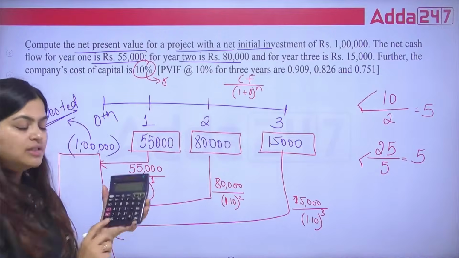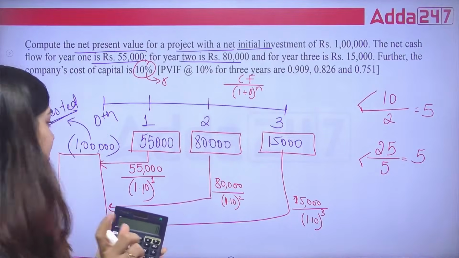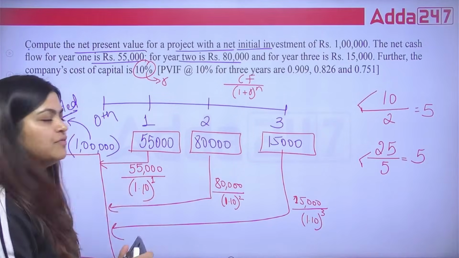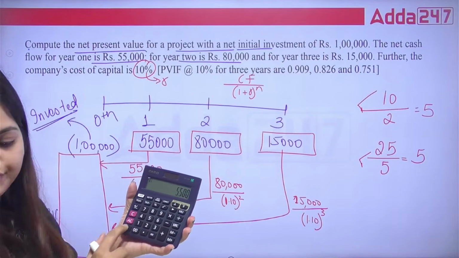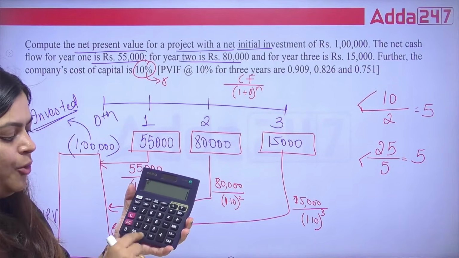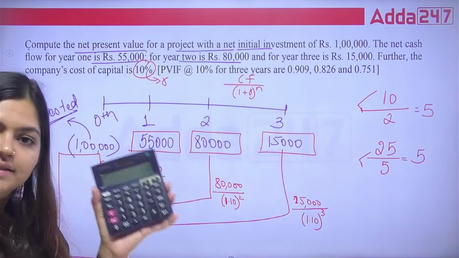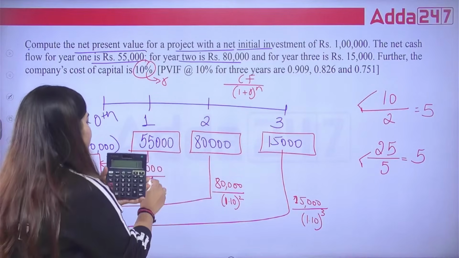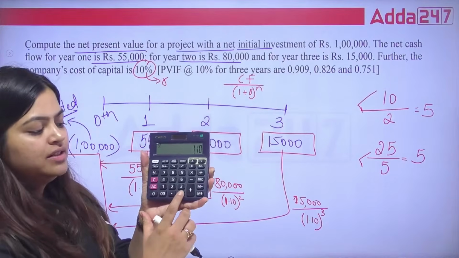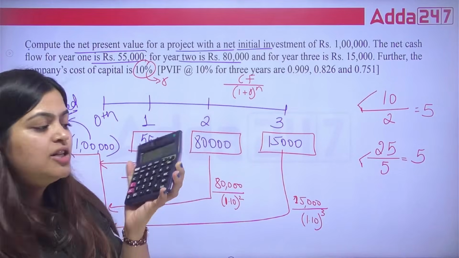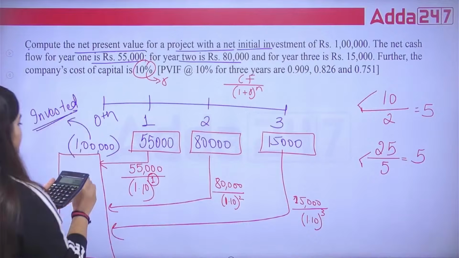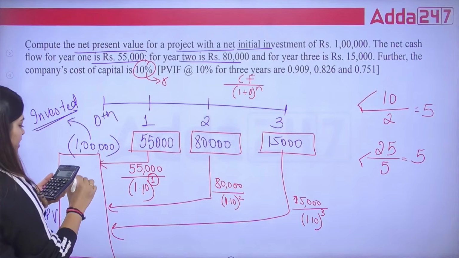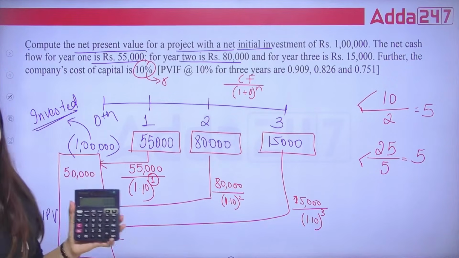Now let's come to this part. What is the numerator here? That is 55,000. And what is the dividing figure, the denominator? 1.10. 55,000 divided by 1.10. Yes, this is what we generally do. And when your power is 1, just press the equal to button once. It means for the 0 time period, if you bring this 55,000 one year back, today's value is 50,000 only.